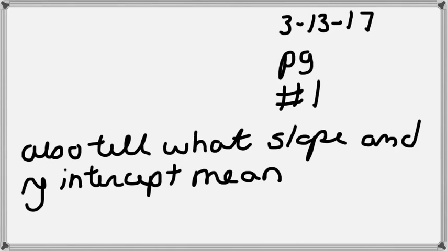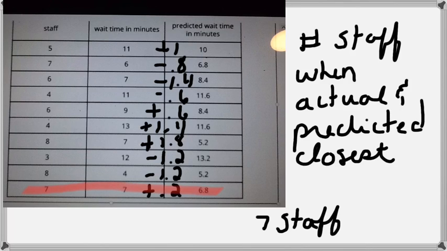This is the homework video for Monday, 3/13/17, and you're doing problem number 1, and you also need to tell what the slope and the y-intercept mean in this situation with waiting at a restaurant and staff members. So the first question asks, how many staff are there when the actual wait time and the predicted wait time is closest? You could use the graph or the table to figure this out, but